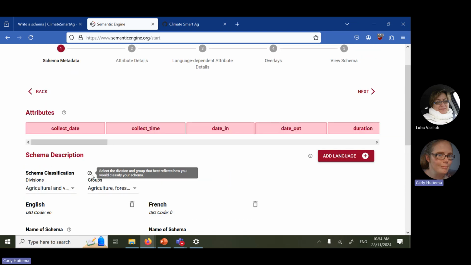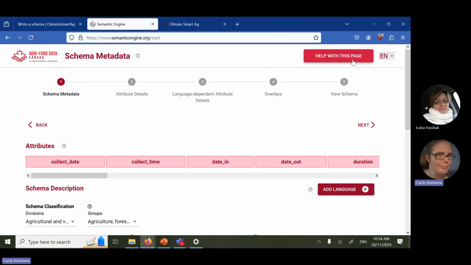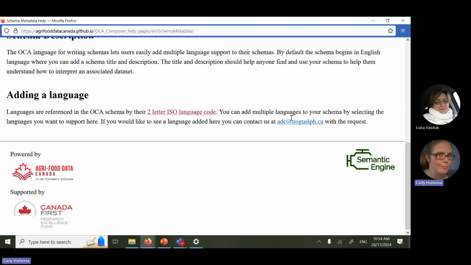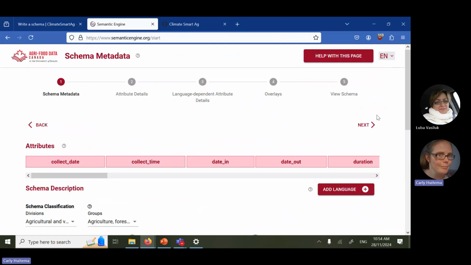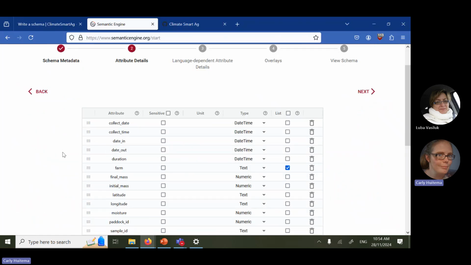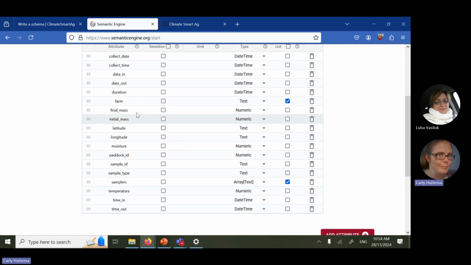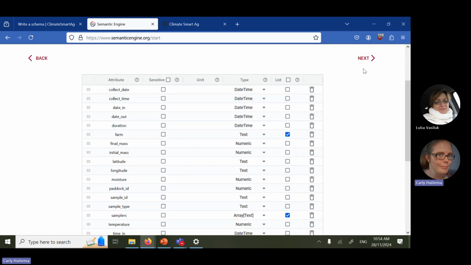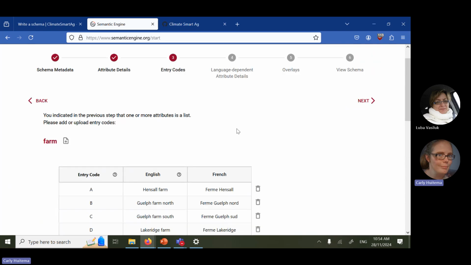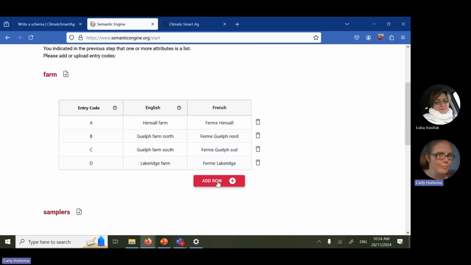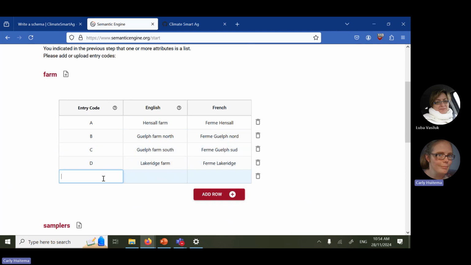I have help information, help with this page, pulls up additional tips for everything about how to go through and use it. So on to the next. These are the different attributes, which are the code names, the machine readable versions. These should be the column headers in my data set, the kinds of data, and if I need to add something or change something. So here, for example, if I'm adding another research farm, I can go in and add something like this, then